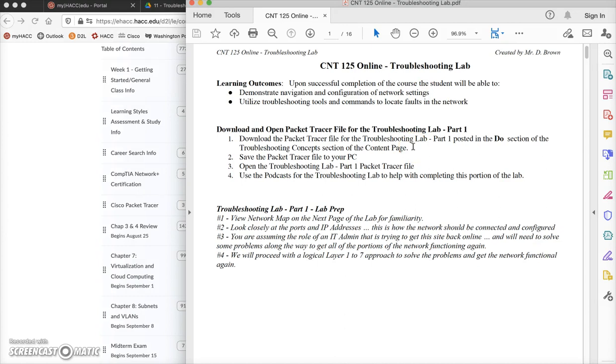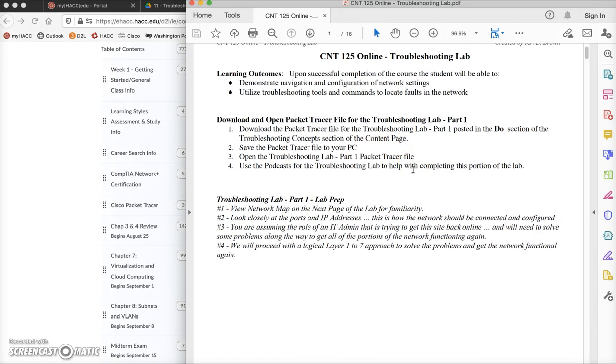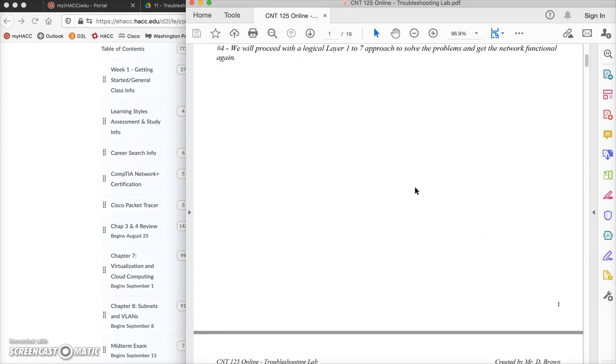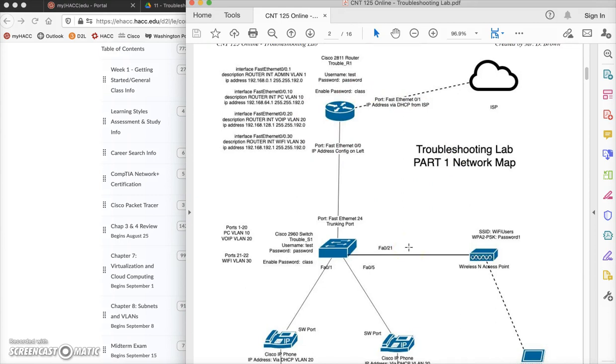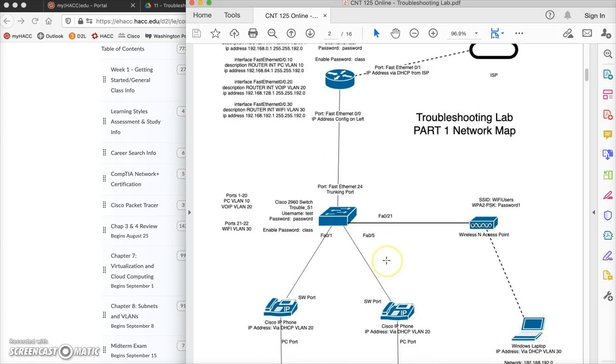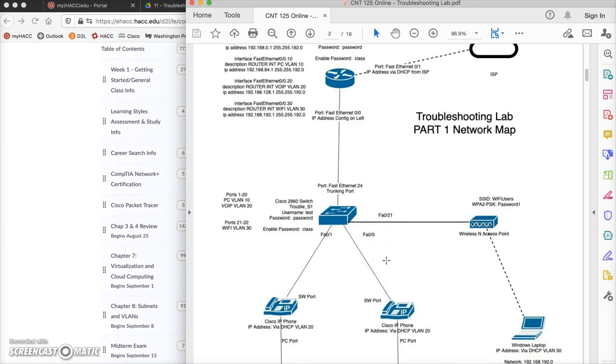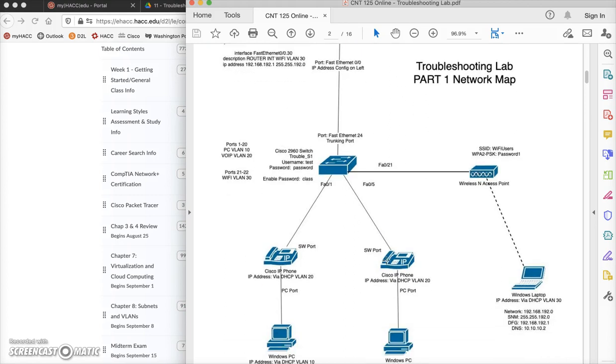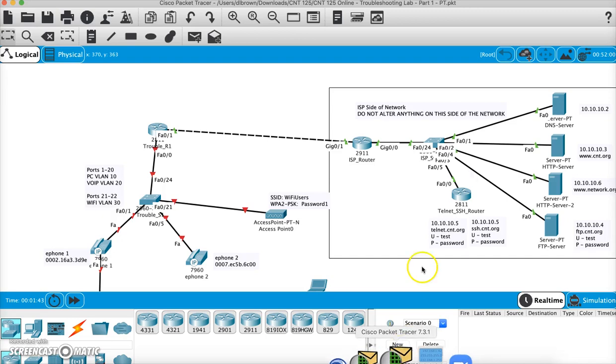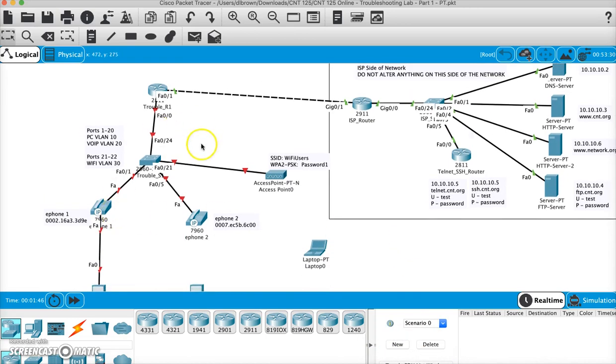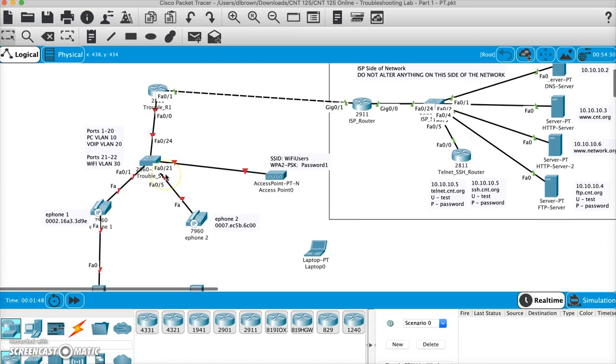Our lab on troubleshooting is broken into two pieces. The first part of the lab will open the first packet tracer file, part 1, and this is the network map we have for it. This network is partially configured, but there is a series of problems in here that we're going to walk through together layer by layer and slowly fix all the problems in this network. If I take a look at the packet tracer file that's here right now, you'll see there's plenty of red link lights and things missing. So we're just going to systematically go through this